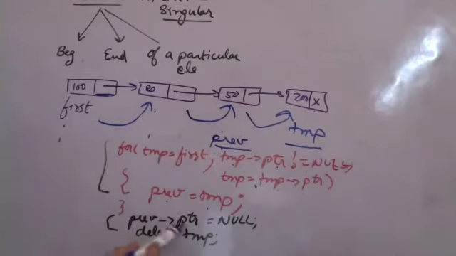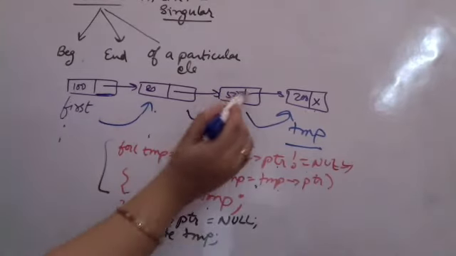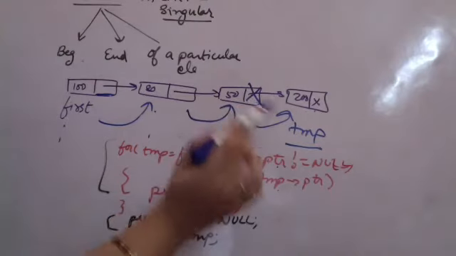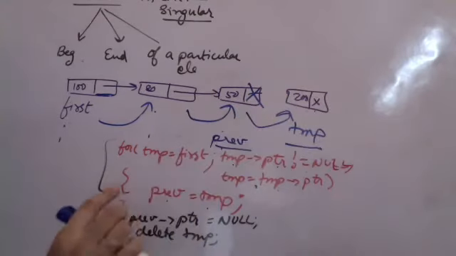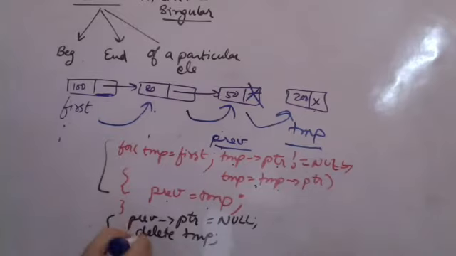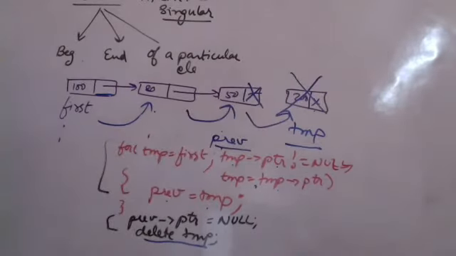I say that previous pointer is equal to null. So the pointer in previous is null now. It is not pointing; this link to the last element is broken, and I delete the memory, that is, free this particular memory so that it can be given to any other dynamically allocated variable, etc. Right? Is this clear?